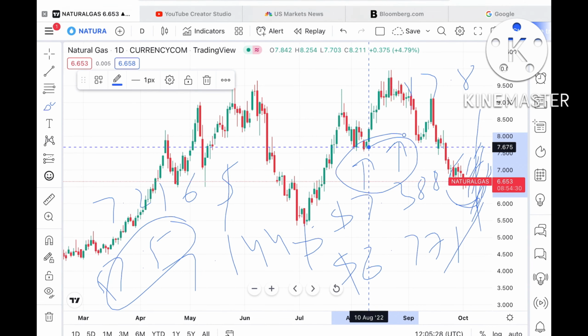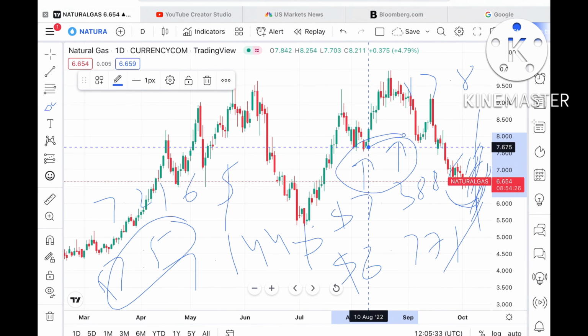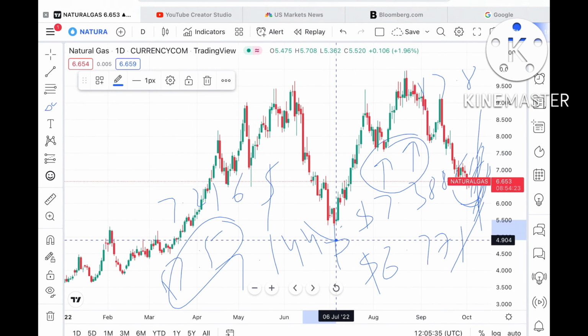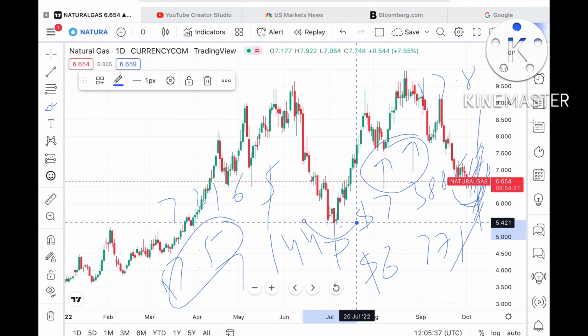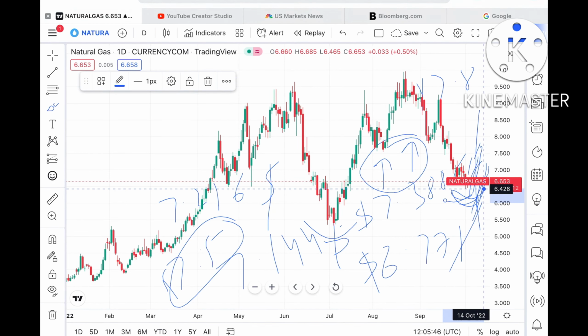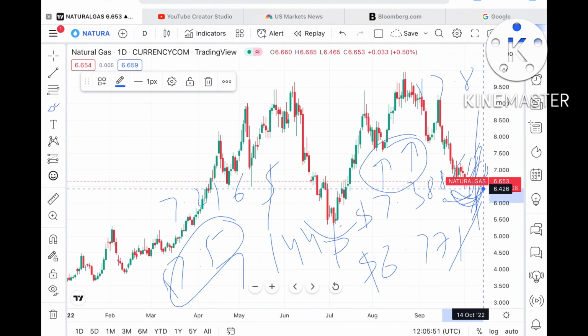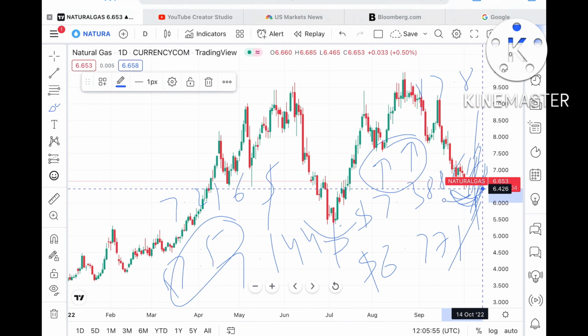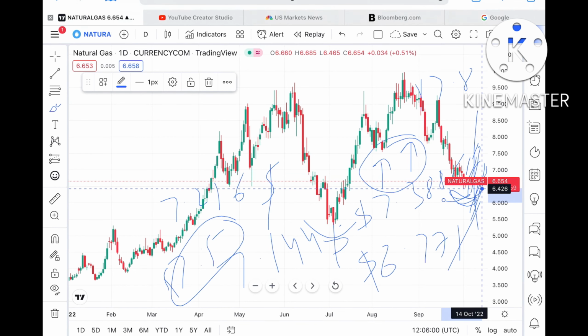If the price goes above a level of 7.8, then it can go further upside, because whenever we have seen a low, it formed a swing at this particular level and tried to make a new high. If it forms a swing at this level, it can try to move upside, and if it goes above $8, it can go further upside, with a probability of touching its nearby high and trying to break a new high. So this is what we have seen in all these patterns.